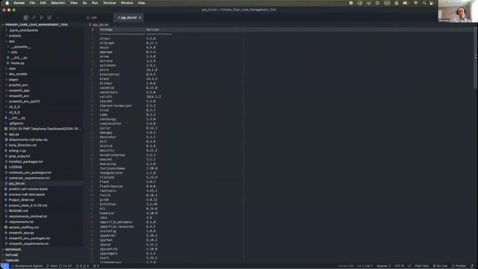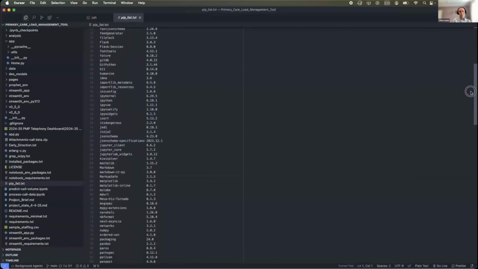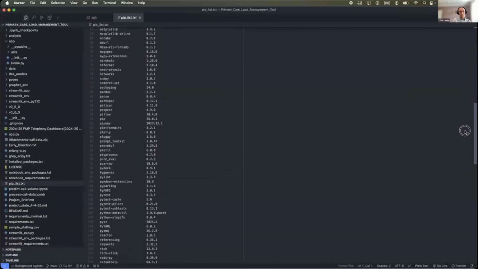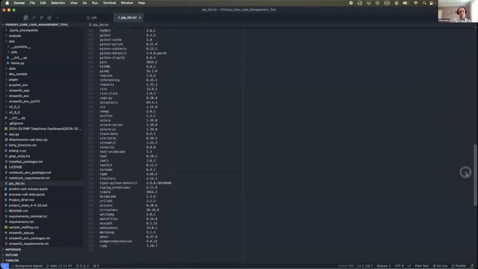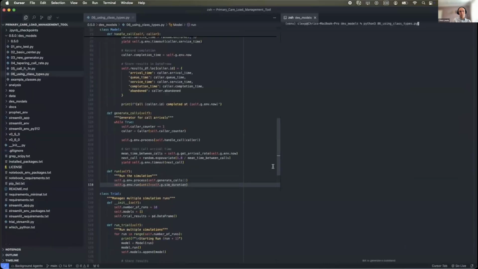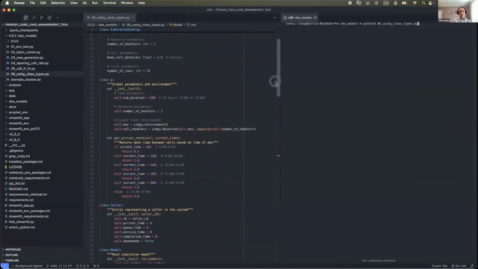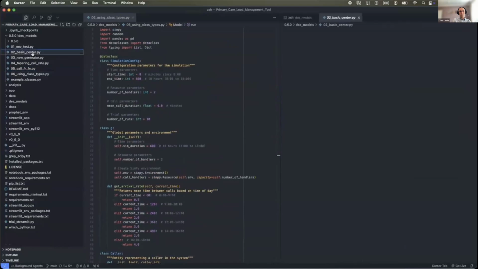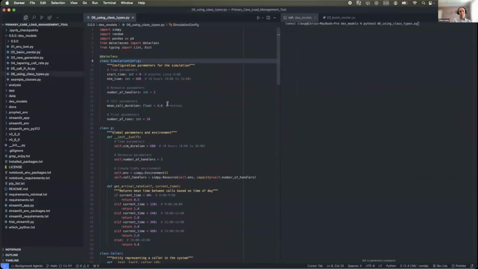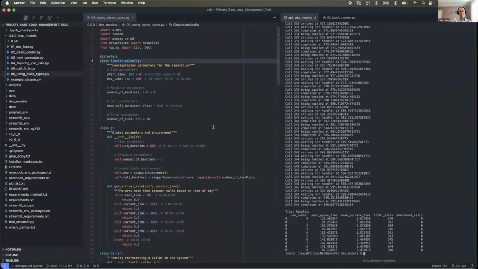Here's a long list of dependencies for the project so far, but if you look under S, there's no SymPy, which means we're not doing discrete event simulation. So let's do some of that. After building some trial samples and looking at the sample code, I've built a discrete event simulation model for a GP call center. Running the code here, you can see some summary output allowing us to try it many times over.